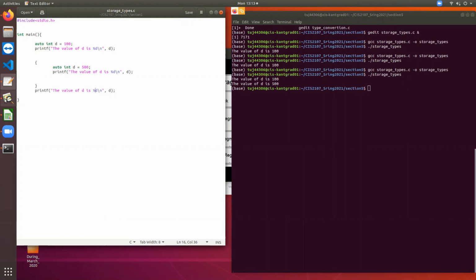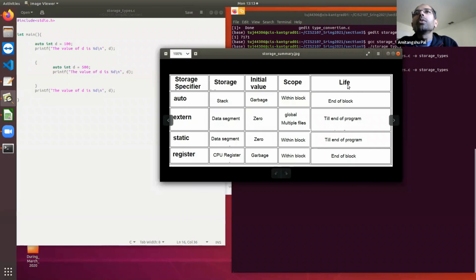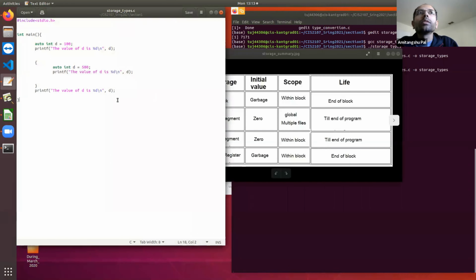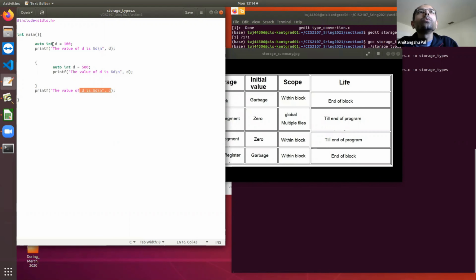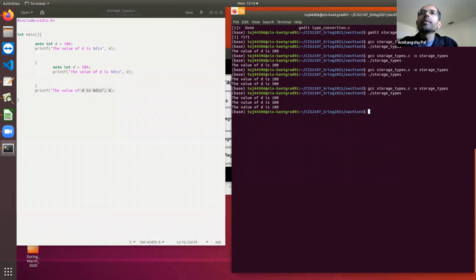Because based on the table, the lifetime of an auto variable is till the end of the block. That means at the end of this block, the life of this auto variable is going to expire. So here d is going to take the value 100. Okay. So 100, 500, 100.